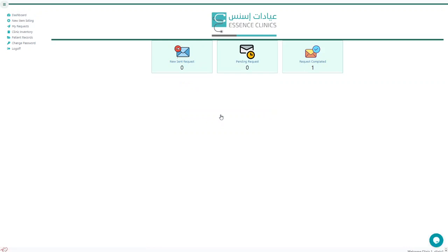Okay, as you observe, we only have three widgets here in our dashboard. We have the new sent request, pending request, and the request completed. This is for clinic one only. Also, as you can see at the left side, we have limited menus only. We have only the dashboard, the new item listing, my requests, clinic inventory, patient records, change password, and our